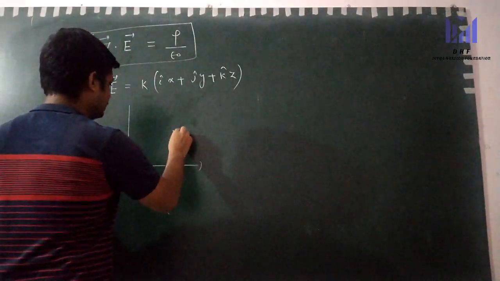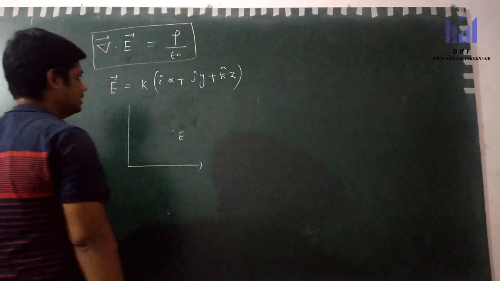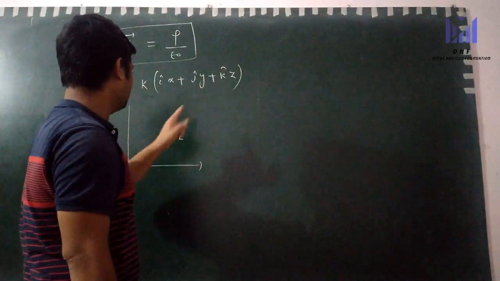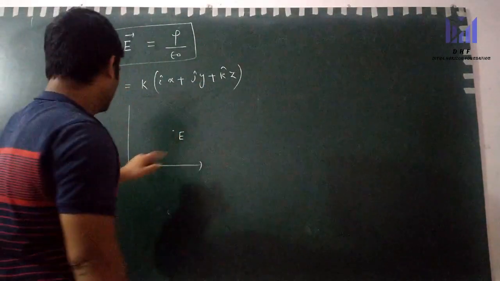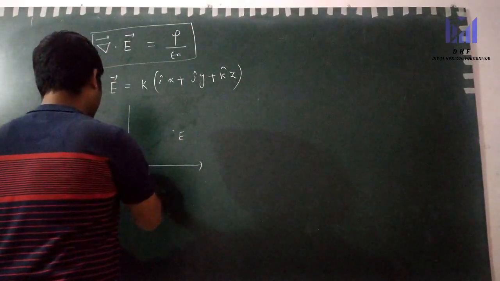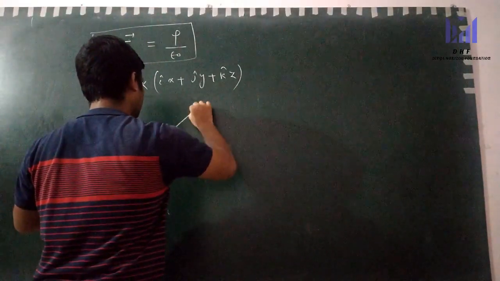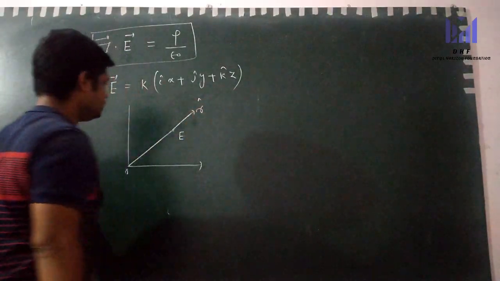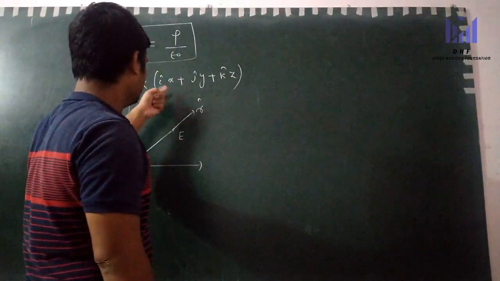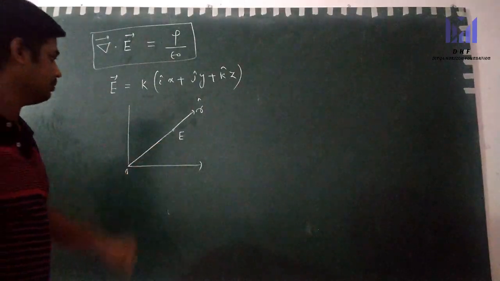the electric field at this point is E vector, and in which direction will it be? It will be in this direction. This is nothing but the position vector of this point. Position vector of this point will be in this direction, because this is the origin. This is the r cap direction. The electric field is a function of this position vector, so electric field must be in the r cap direction at that point.